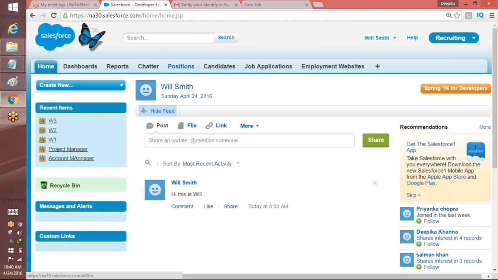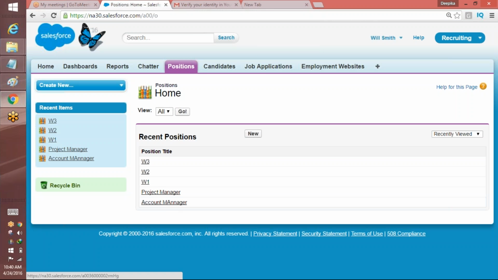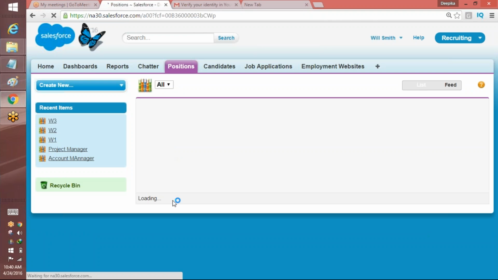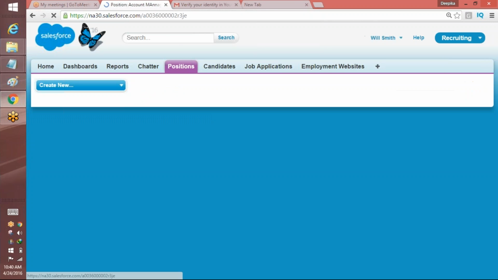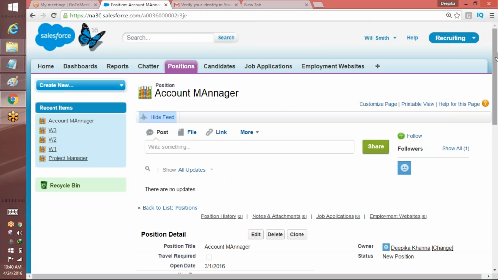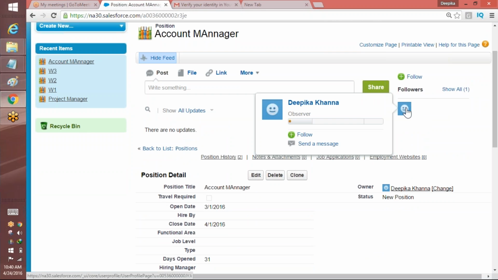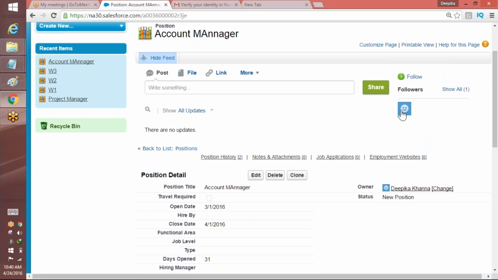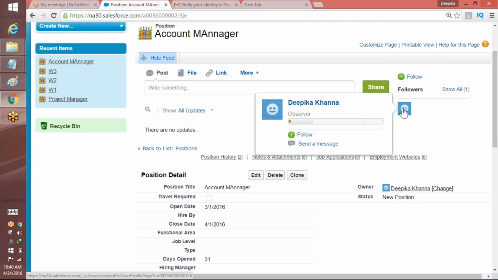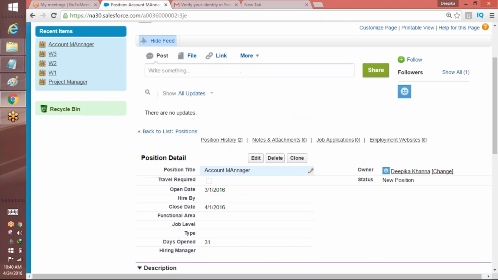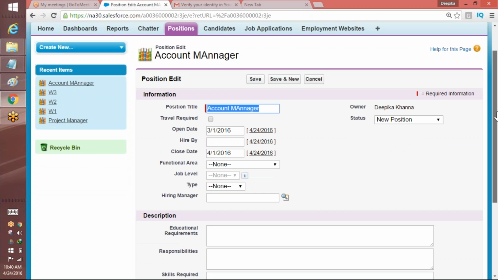And we go back to the position object and I change this particular account manager. And you see that, okay, these are the people who are following. So there is a follow and there is a followers. Since I'm following, I have this thing here. Now, if I go back here and click on the edit button,